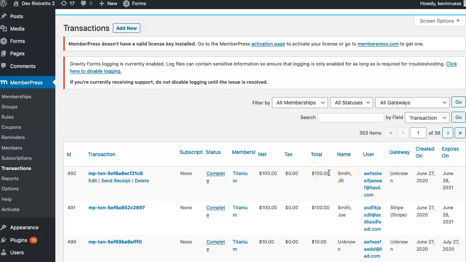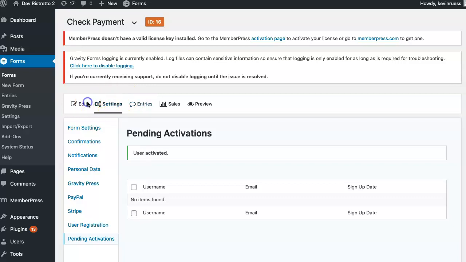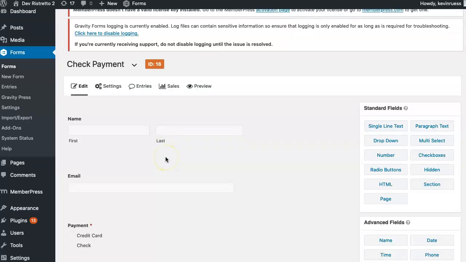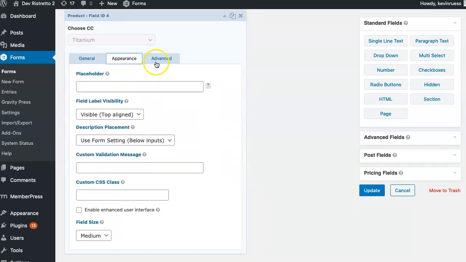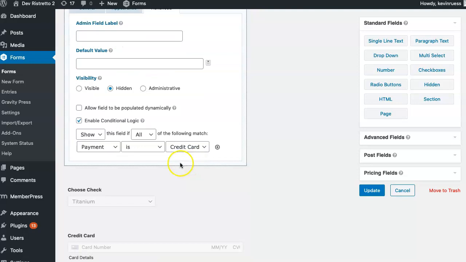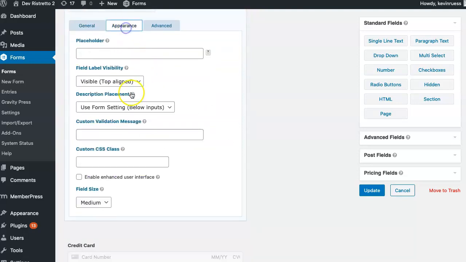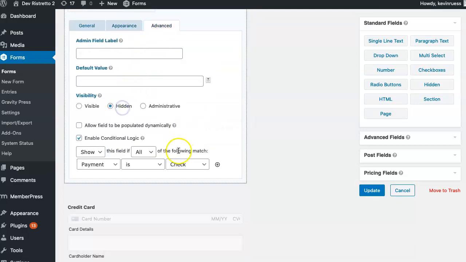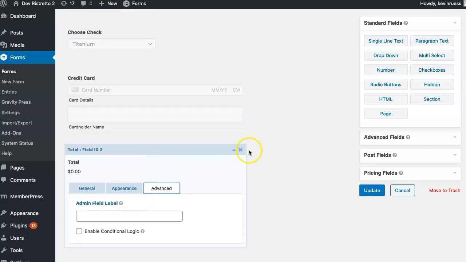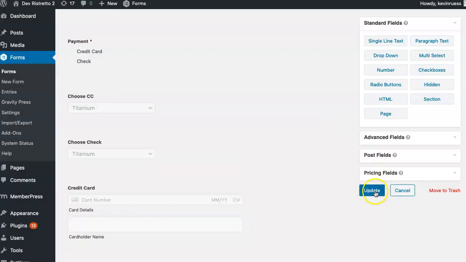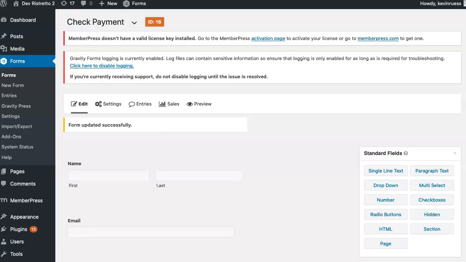Again, there's different ways you can tweak this and adjust it for your needs. The one thing I did want to show real quick was how do we hide some of those fields. And so again, all you have to do for that is just click on the hidden, and I would hide both of these fields because it's not really important to the user. There's no options anyway. There's just one option each. And so they're going to get selected whether they know they're selecting it or not. And then I would hide the total or remove this field altogether. Just remove that one. And that way, we can just try it real quick just to showcase that it does work,